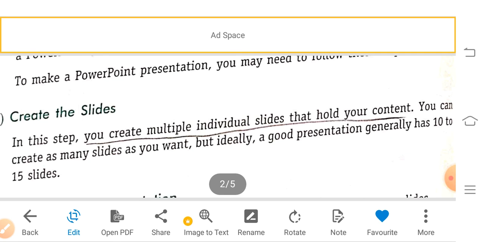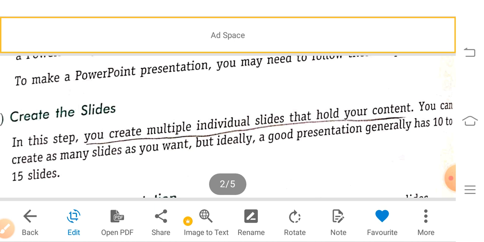I hope you have understood this point. Once again I will explain. Create the slides. You can create multiple individual slides that hold your core content. You can create as many slides as you want, but ideally a good presentation generally has 10 to 15 slides.